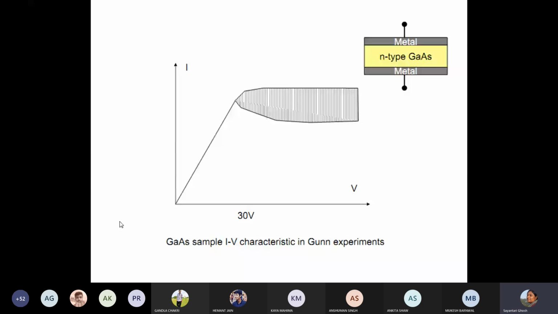He also calculated what the frequency would be, but this effect that we see here is basically called the Gunn effect. This phenomenon is only observed in materials like gallium arsenide. The device that we make out of this Gunn effect is the Gunn diode, and why these oscillations come into the picture is explained by three scientists, in a theory called the RWH theory, following their names: Ridley, Watkins, and Hilsum.